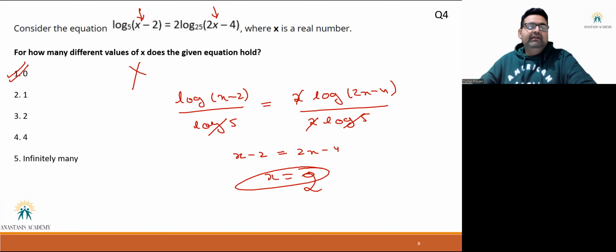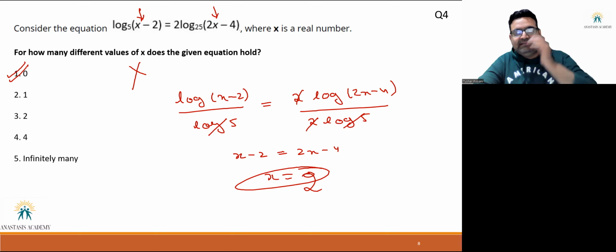So we'll have to say there are 0 values of x which satisfy this given equation. So the reason I called it an easy question was because solving log like this is the very basics which we study in log, and similarly domain of log, that it cannot be zero, is also a very basic property, right? Let's move on to the next one.